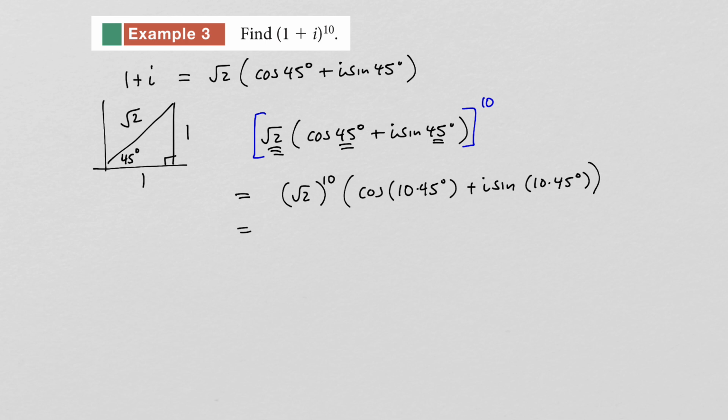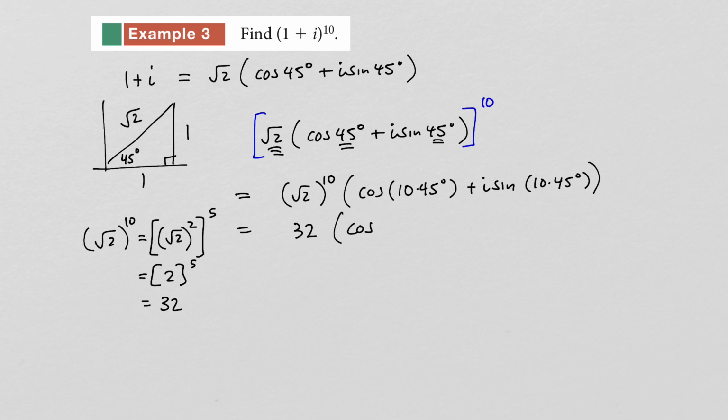So let's start with radical 2 to the 10th power. Yes, you can use a calculator for this, but we can do it a different way. We can rewrite this as radical 2 to the 2nd power and then raise that to the 5th power. We could do this because 2 times 5 is 10, right? Radical 2 to the 2nd power is just 2. And so this just becomes 2 to the 5th power, and 2 to the 5th power is 32. So we end up with 32,